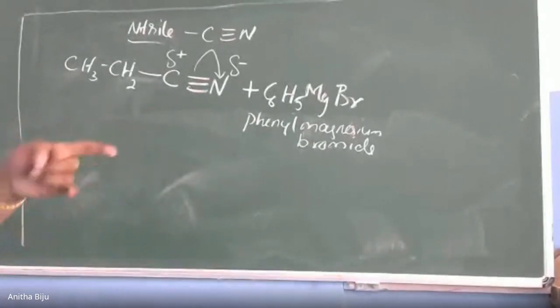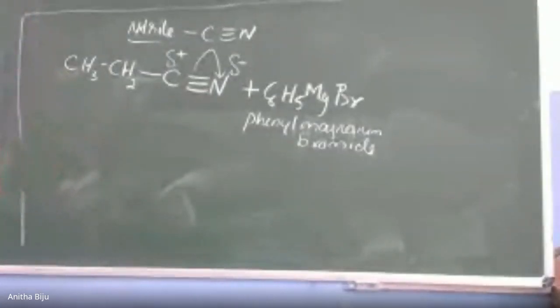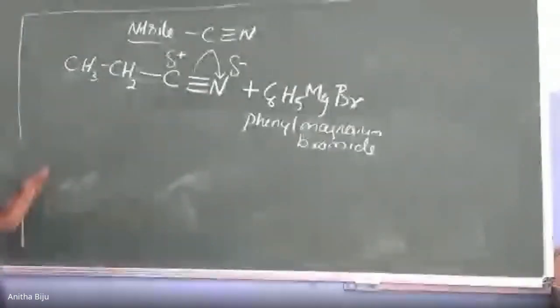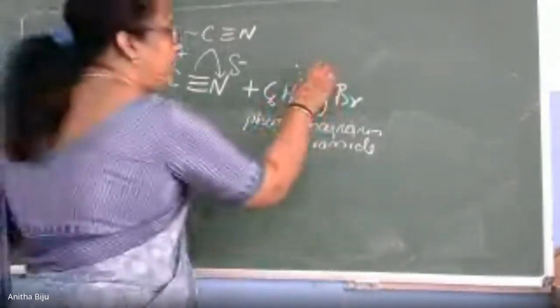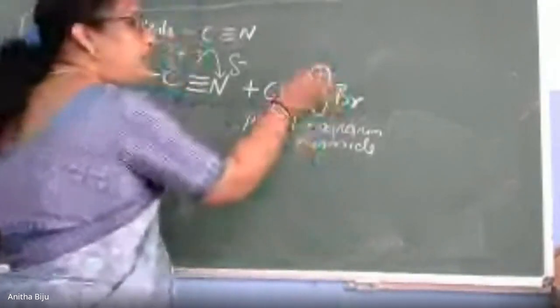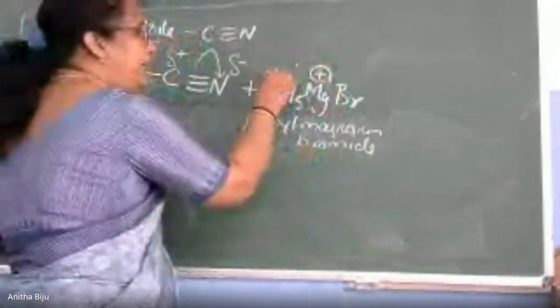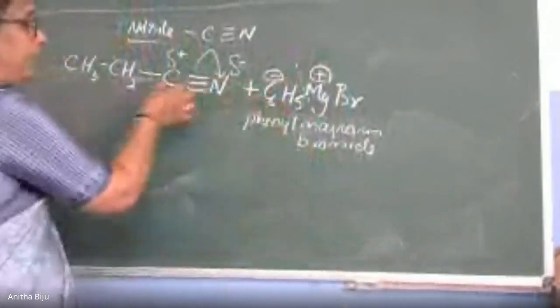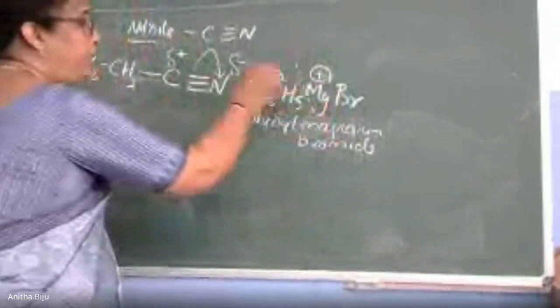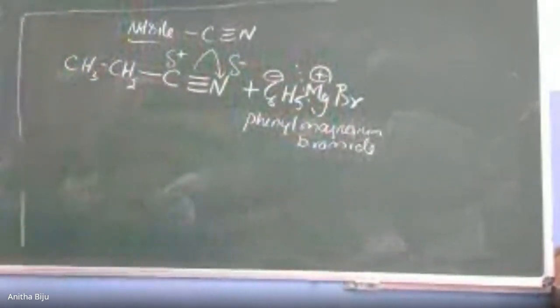Now, similarly, maybe you can remember, in the Grignard reagent also splitting takes place. Here, the splitting takes place like this. Since magnesium is a metallic part, it has the tendency to lose electrons. So here we have a positive charge and here there will be a negative charge. In this way, splitting takes place: phenyl part and magnesium bromide. Now the negative part is added to the positive part and the positive part is added to the negative part. Now I will write the product, the addition product.